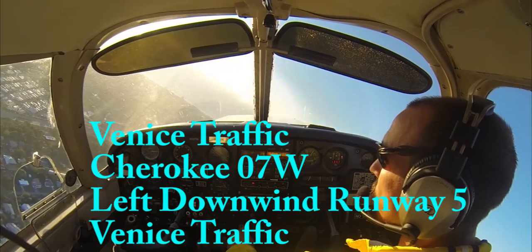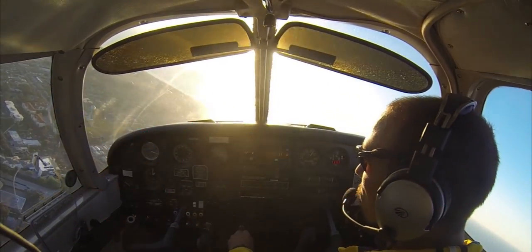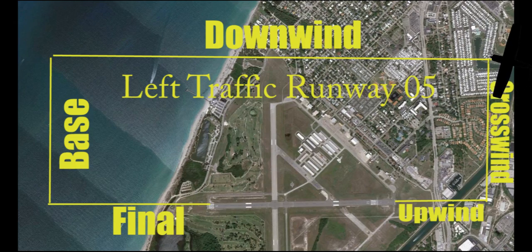Venice traffic, Cherokee 07 Whiskey, left downwind, runway 5, Venice traffic. Letting the nose kind of slice through the horizon as we lower the nose and stop our climb. Roll in right aileron, right rudder. And the reason for making the call right away like that, as we're rolling out of our left turn, is